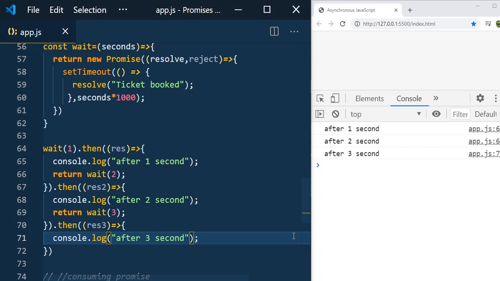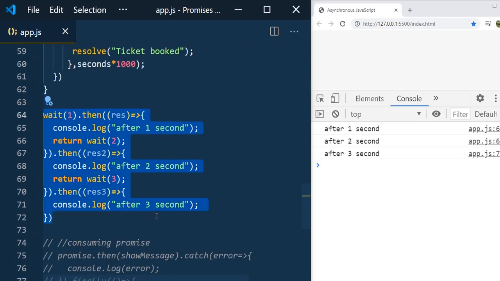In our last session, we saw the callback hell where we need to write nested callback functions. Here, instead of writing the nested callback functions, you can just return the promise from another promise, and then you can consume that promise like this. So this is very neat and clean, and you can understand the code easily. So this is about promise, and in our next session we'll see how to make the Ajax call using fetch and how to make use of promise.